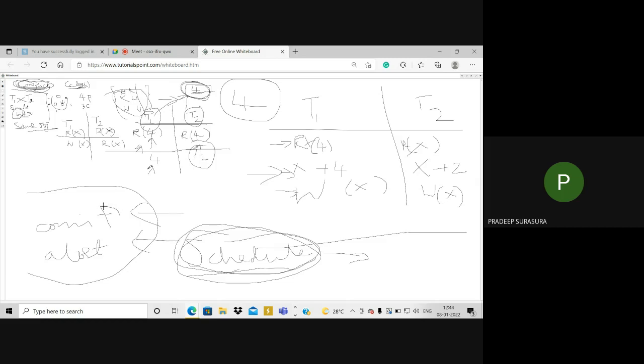In those operations, I should have a commit or an abort after a write statement. Then I call it a complete transaction. Now, when can a transaction be complete? When I have either a commit or an abort after a write statement, that is called a complete transaction.